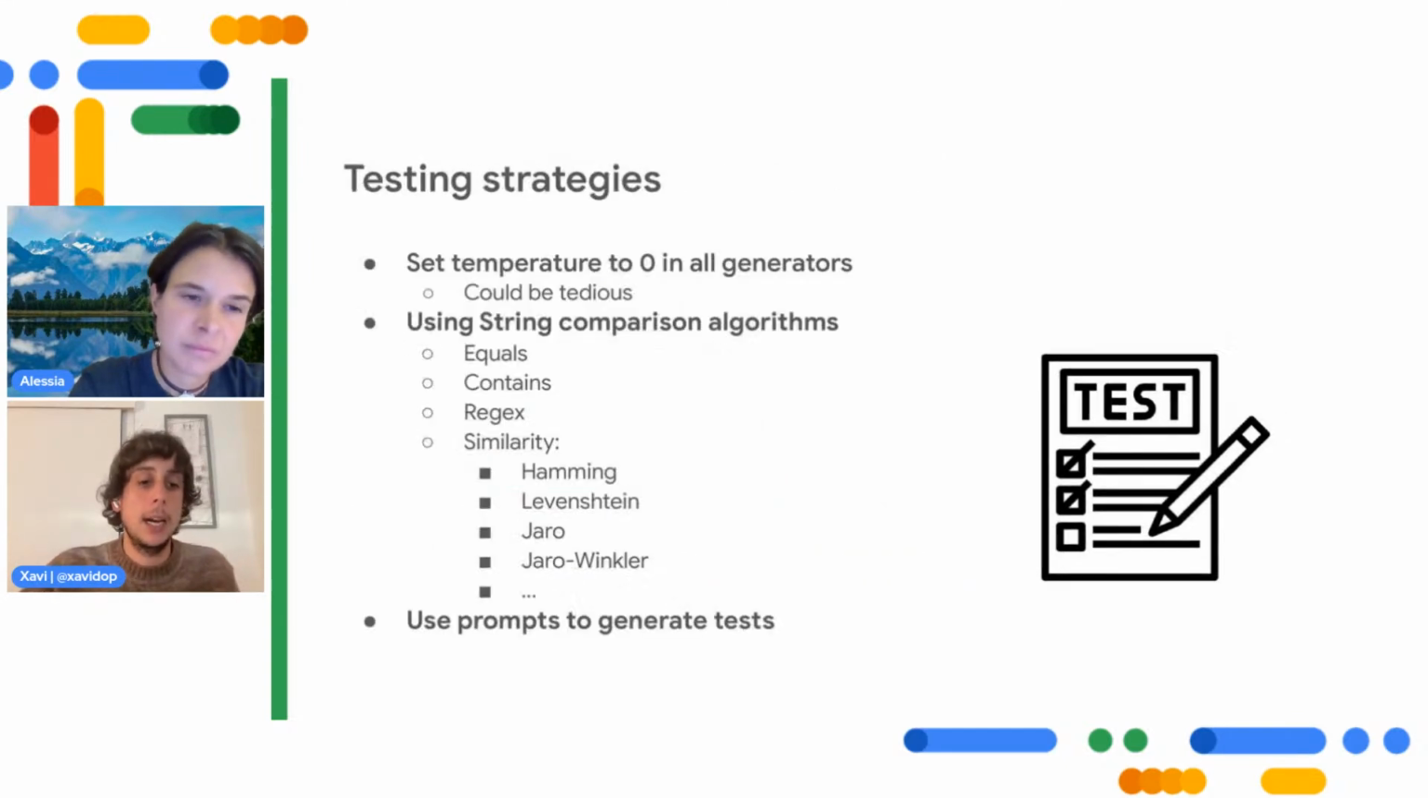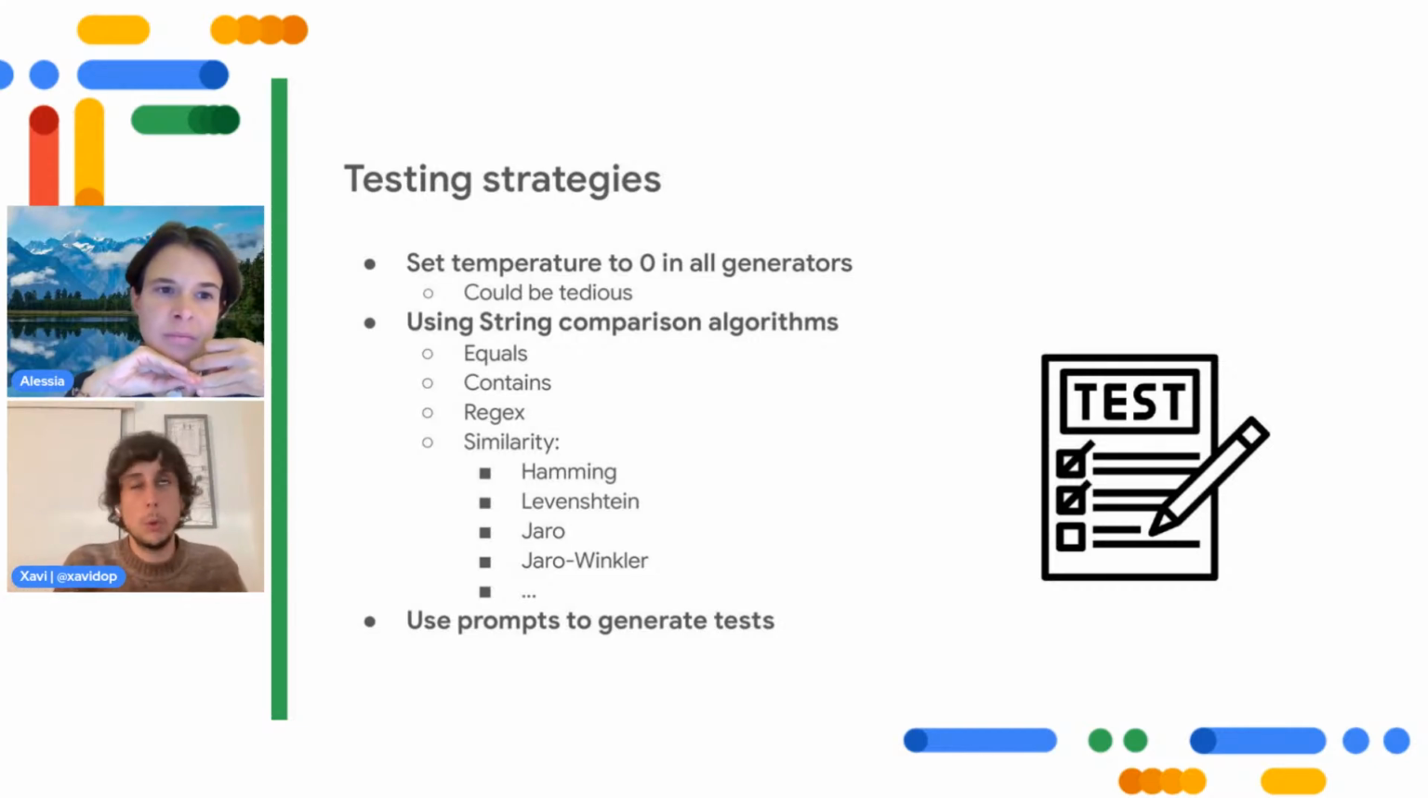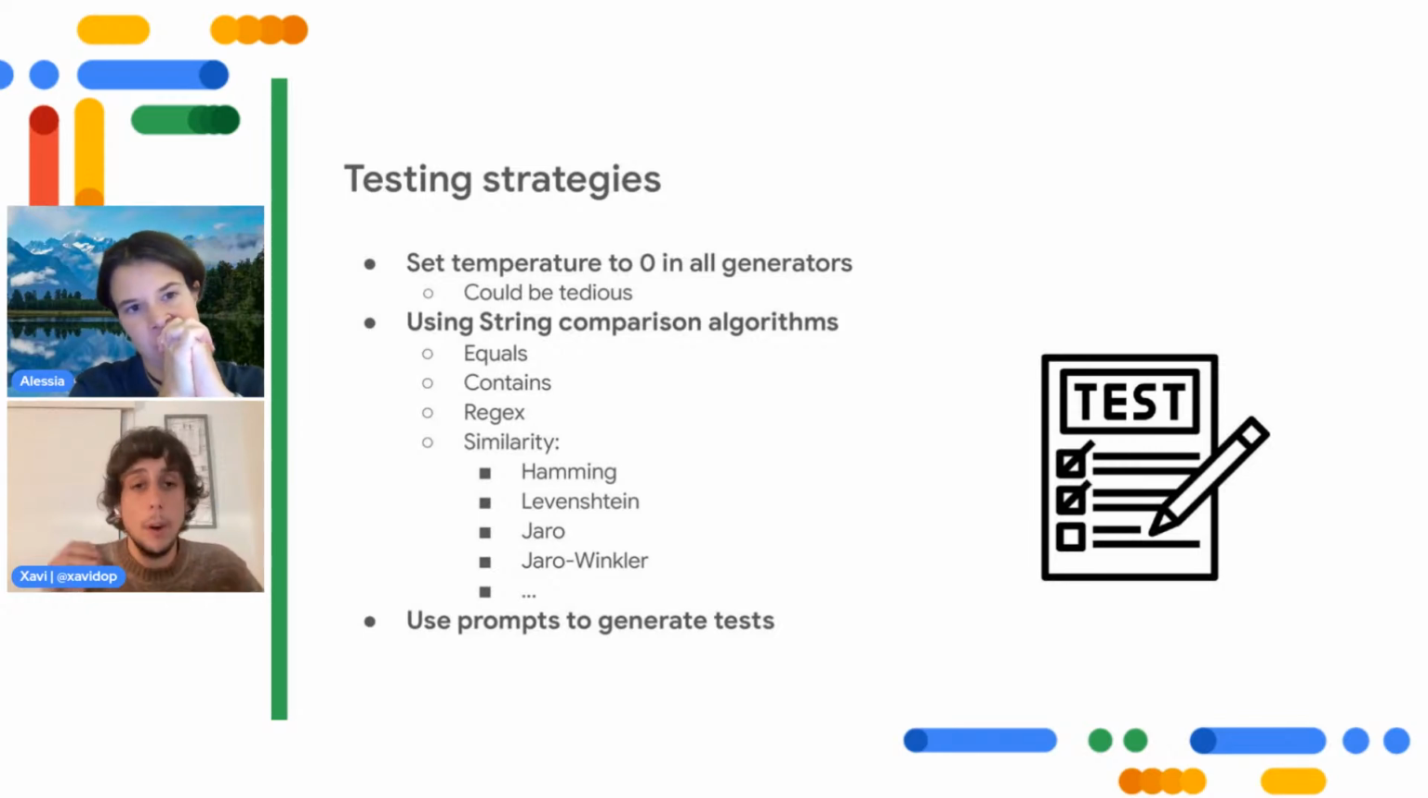So for that, as a best practice, what we would suggest is basically these testing strategies to test your conversational AI apps once you are using generative AI. The first thing, could be the most basic one, is set the temperature to 0 in all generators. That means that you will always have the same answers. That, I mean, could be tedious because you have to go to all the generators and set the